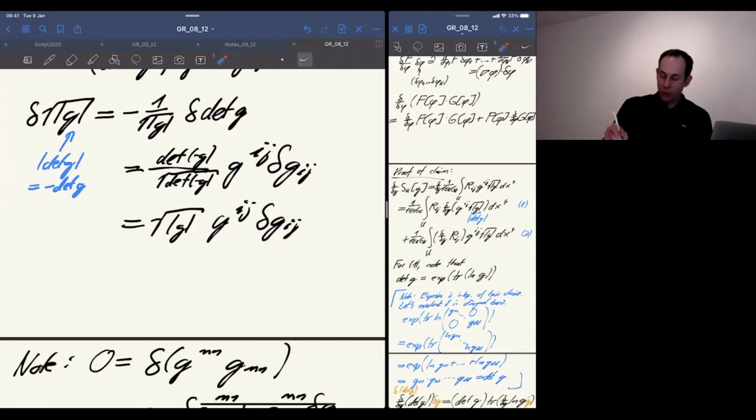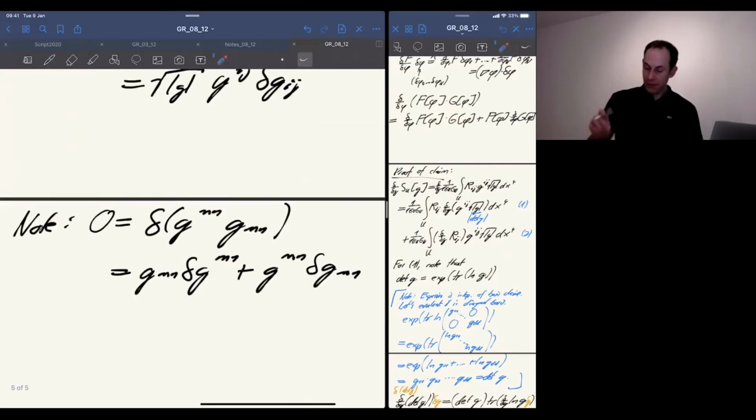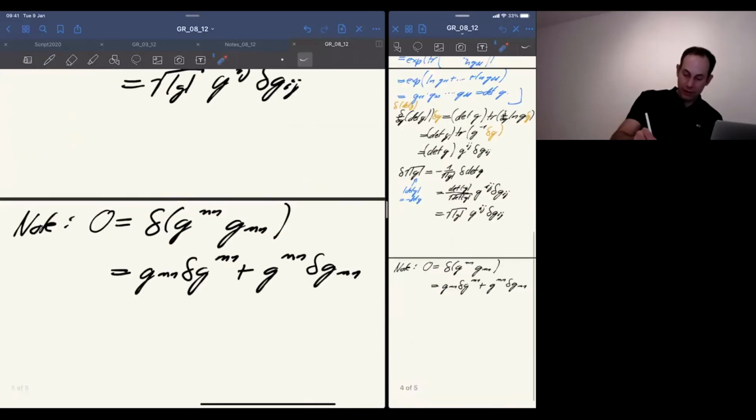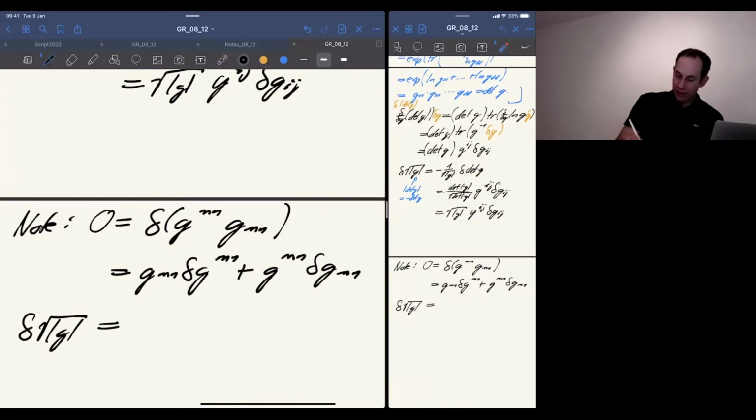For later use, I want to turn this into a delta g with indices upstairs, which I can now do using this rule that we just derived, by just taking the delta to the front and changing the sign. So what this means is that delta square root of g, the variation of the absolute value of the determinant of g, is therefore minus,